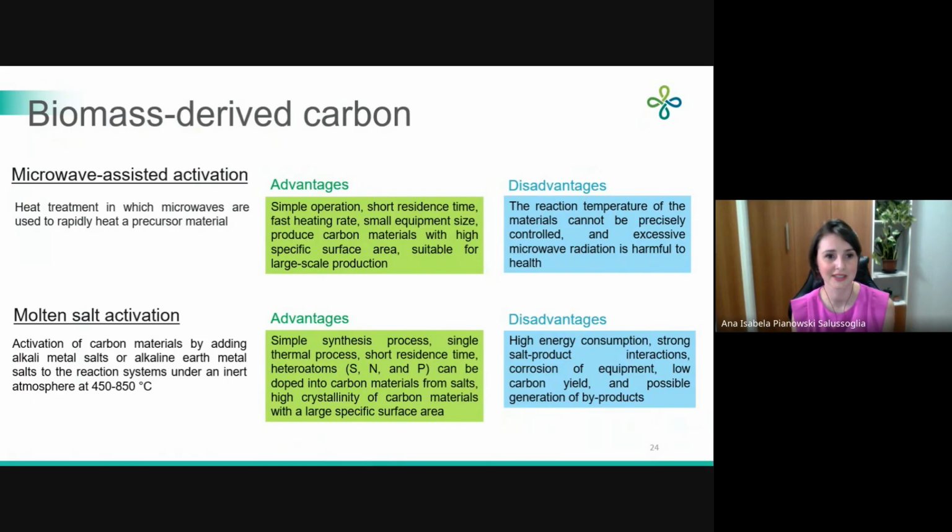in the reaction system under inert atmosphere, with temperature ranging from 450 to 850 Celsius degrees. The advantages are simple synthesis process, single thermal process, short residence time, heteroatoms can be doped in carbons from the salts, high crystallinity of carbon materials with a large specific surface area, and the disadvantages are high energy consumption, strong salt product interactions, corrosion of the equipment, low carbon yields, and possible